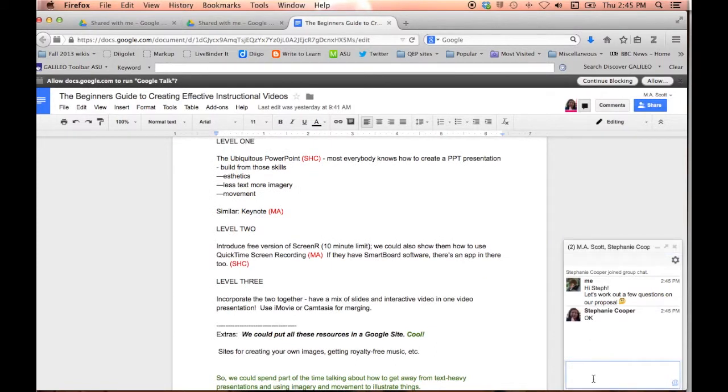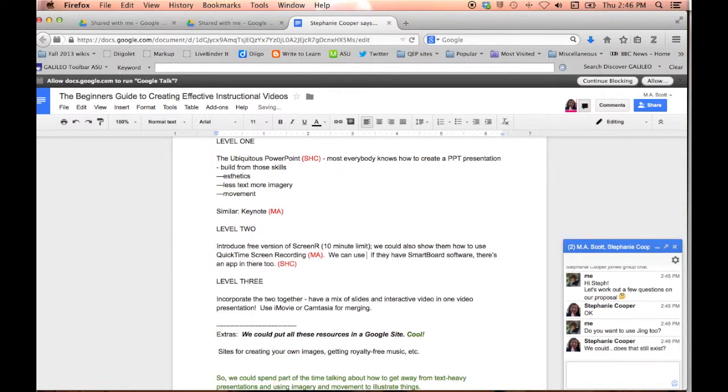So you can see Miss Cooper has joined in and responded to my request for her to start helping me edit this paper. So we can chat back and forth a little bit, and you can see that there are some places where she's just changed the color of the font to let me know how she's organizing. So this really works a lot like Word. You've got the same tools up there, and you can make edits, and as you can see, I'm typing in there now